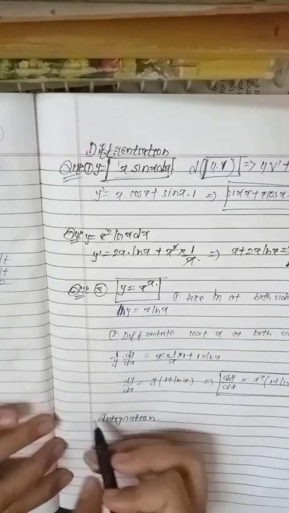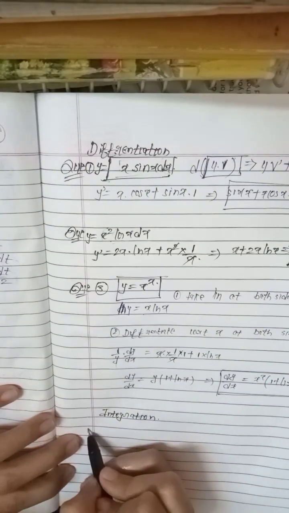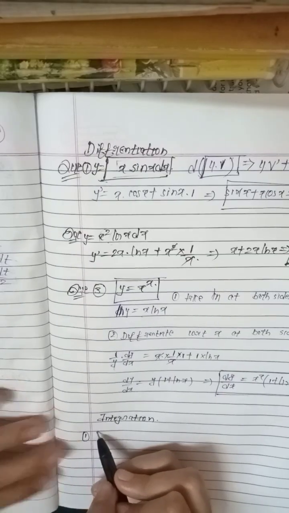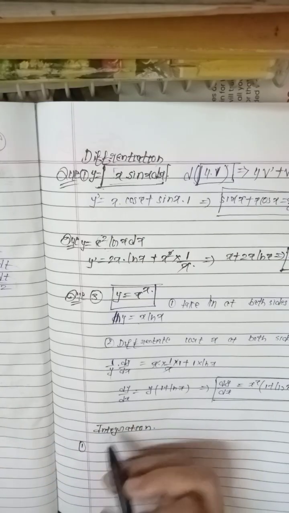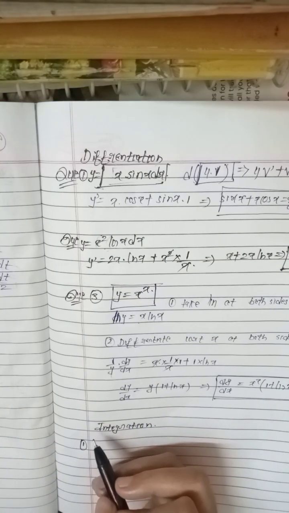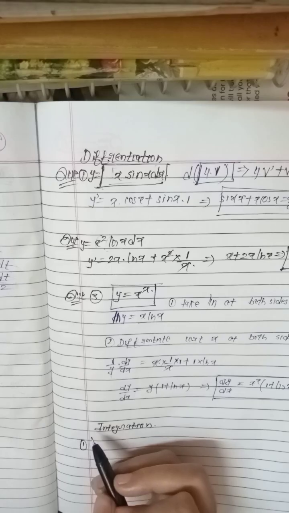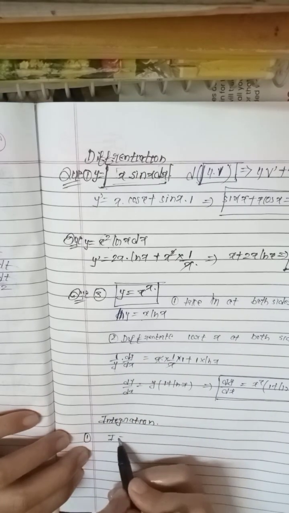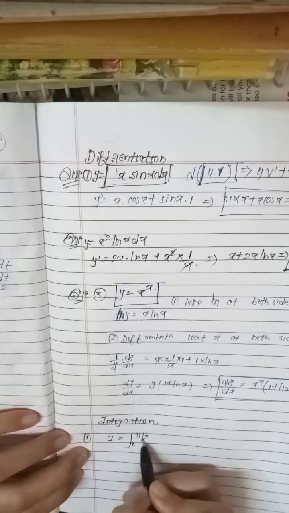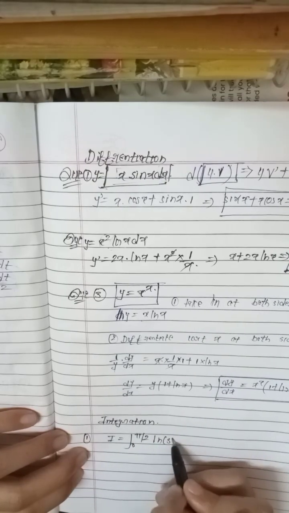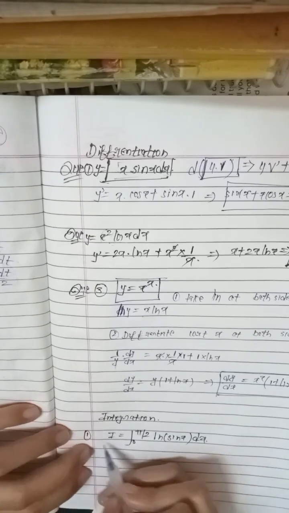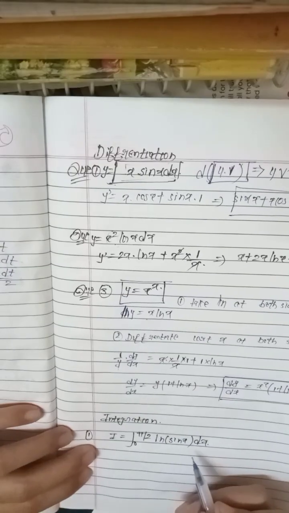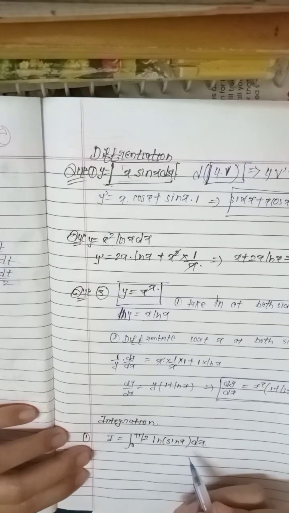For calculating the integration, we will take just one simple example. Like we can write the question. I take one question so that I can explain it more clearly. Let's say there is a question: I is equal to the integral from 0 to pi by 2 of ln of sin x dx. This is a simple question, not simple, this is a question that is asked mostly in JEE Main or Advanced, a high level question.